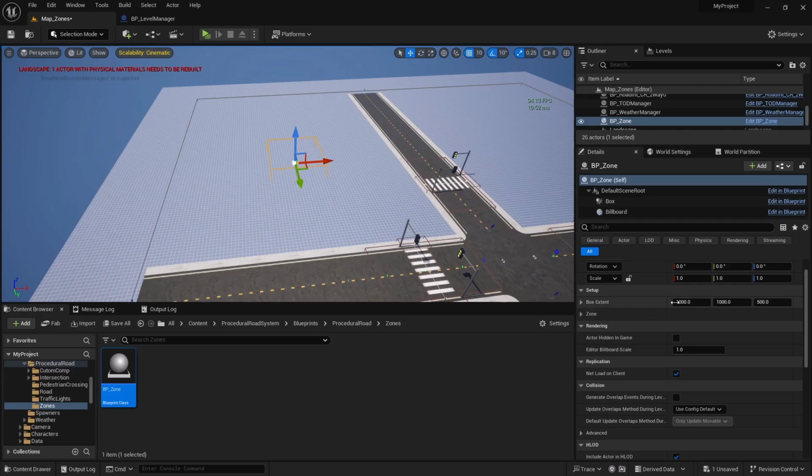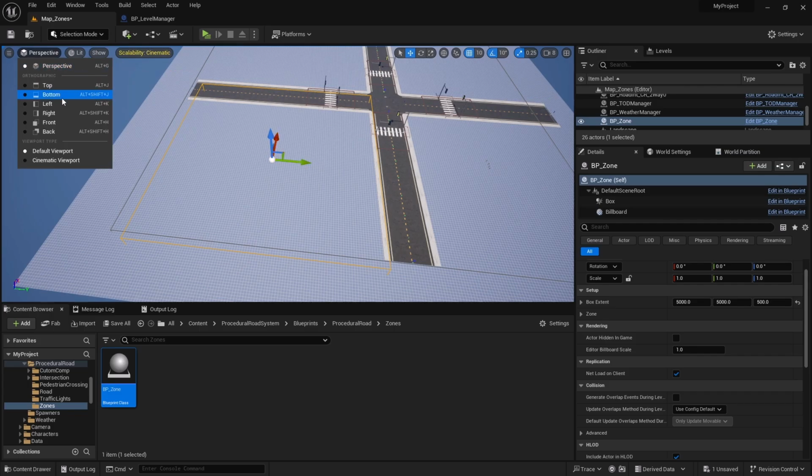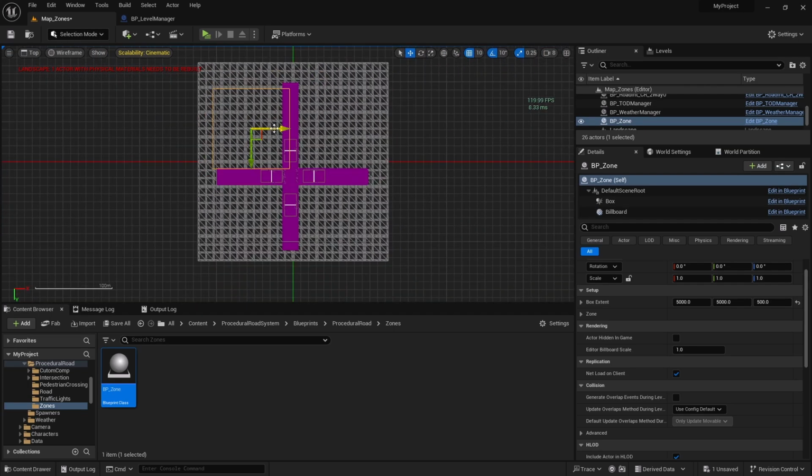Right, so let's enhance its size, maybe like 3000, no, maybe 5000 by 5000. Right, somewhat like this. Okay, so this is the zone,